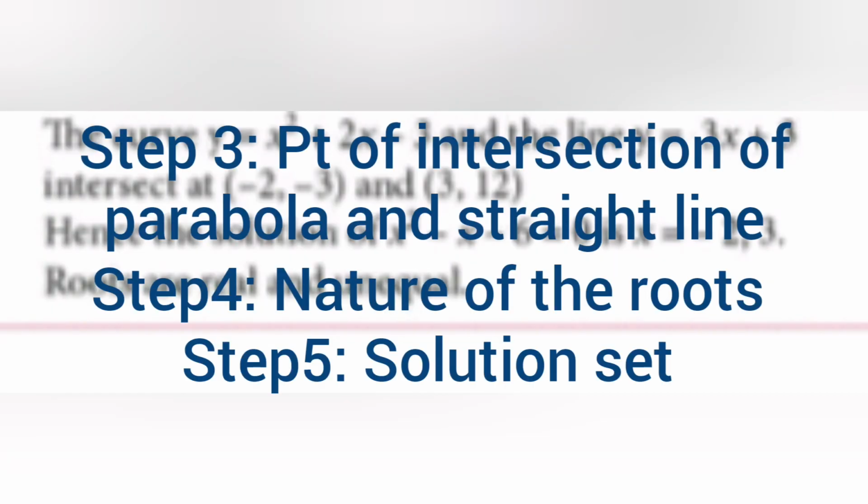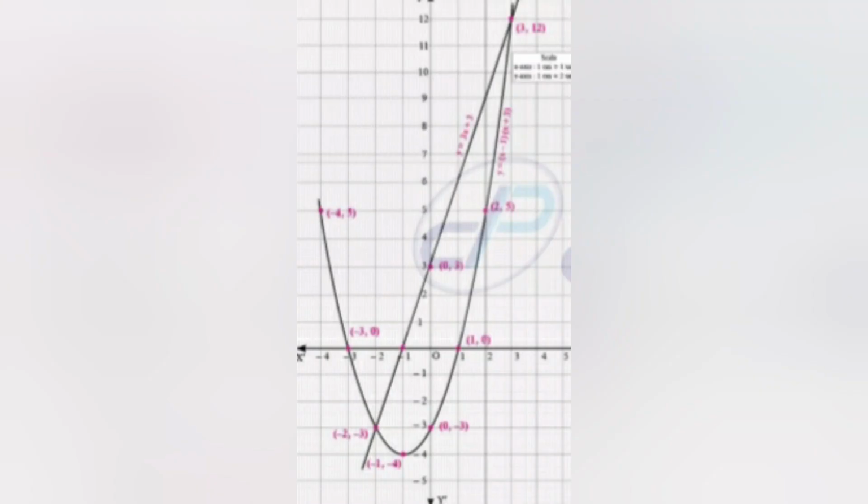So we can write step 3 as: the curve y is equal to x squared plus 2x minus 3 and the line y is equal to 3x plus 3 intersect at minus 2 comma minus 3 and 3 comma 12. So the solution will be minus 2 comma 3 and the roots are real and equal. You can write it stepwise as I have told you to write in the previous graph. So while drawing the graph, please keep in mind you should write the equation along the parabola and the corresponding equation for the line, you should write it along the line.